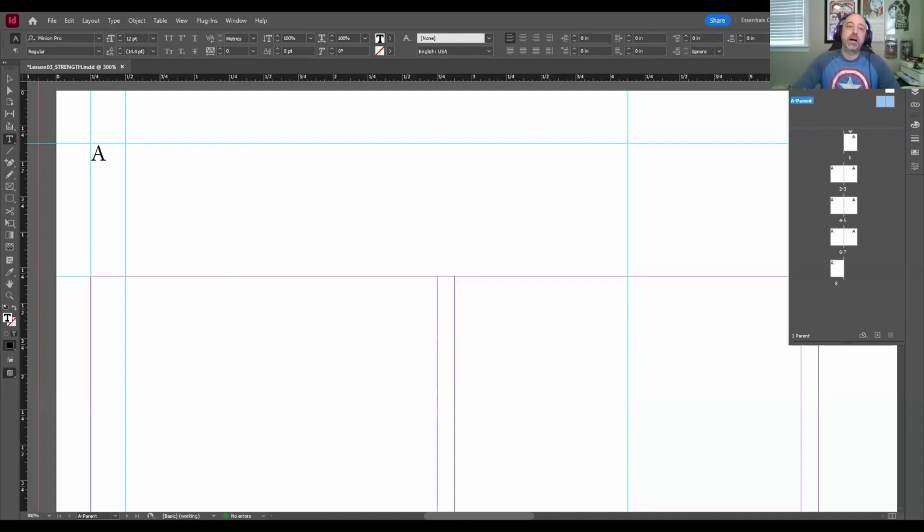Okay. And like I said, we're going to see the letter A because this is the A parent. And we'll eventually get down into the lower pages and you'll get to see the page number there in all of its glory and full function. But just know that that's why we're seeing the letter A. Okay. The next thing that we're going to do